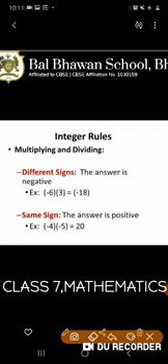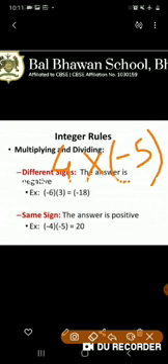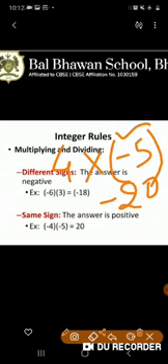I'm explaining you with one more example. Suppose I'm writing 4 into minus 5. Okay, you can see both of these integers are having different signs. So first of all, we have to multiply these integers. So 4 5s are 20. And we have to put minus sign with this integer, right? So this is a very easy rule. Please remember it. Whenever we have to multiply two integers with different sign, the product will have minus sign, right?